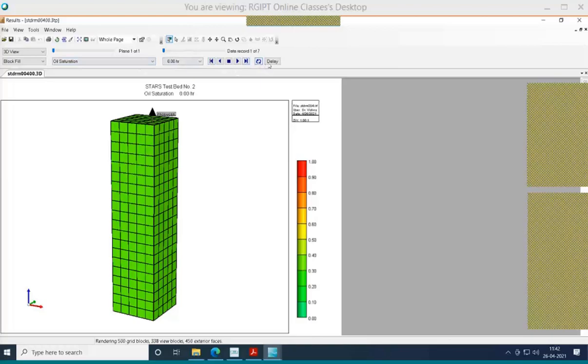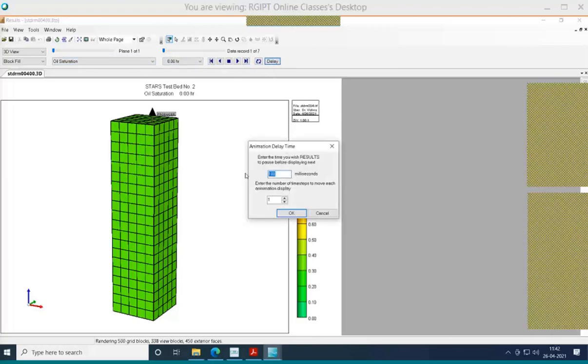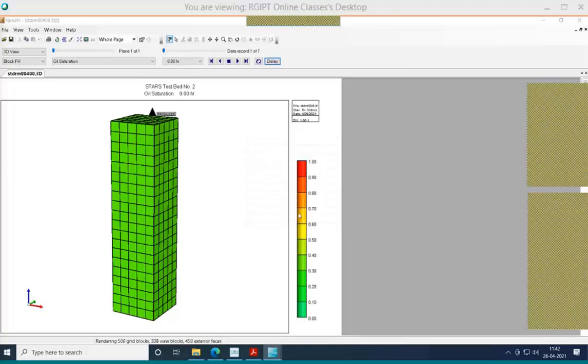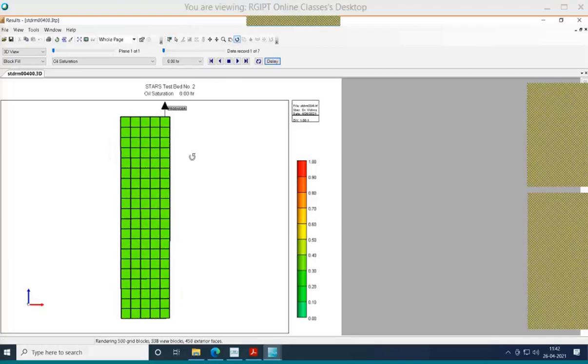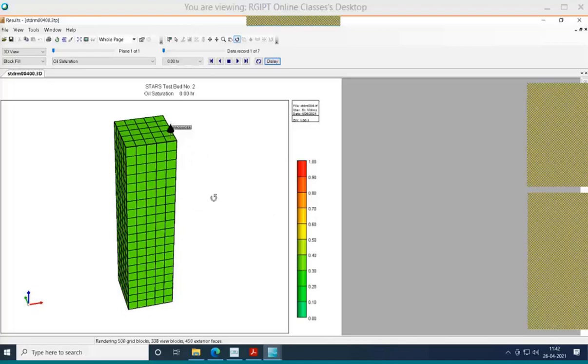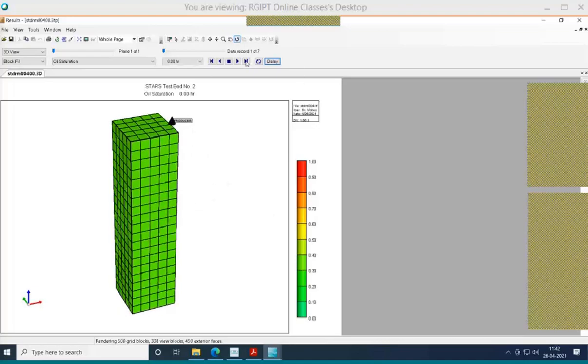So let us put the delay to 700 because we are not running it for a long time. Why am I not running it for a long time? It will take too much time to run the entire simulation. If I increase the time steps, it will take a large amount of time. So let us see how it is changing.